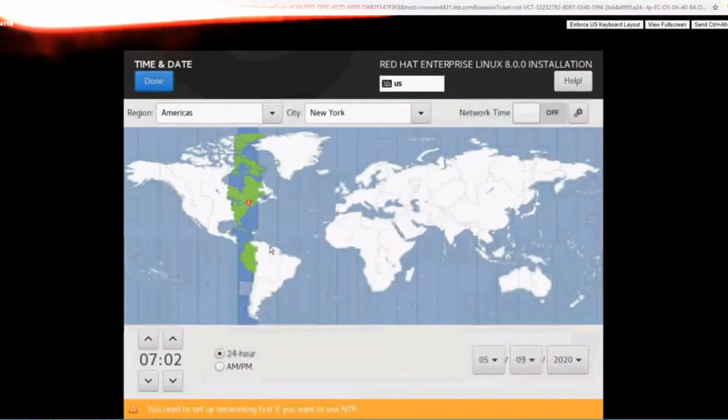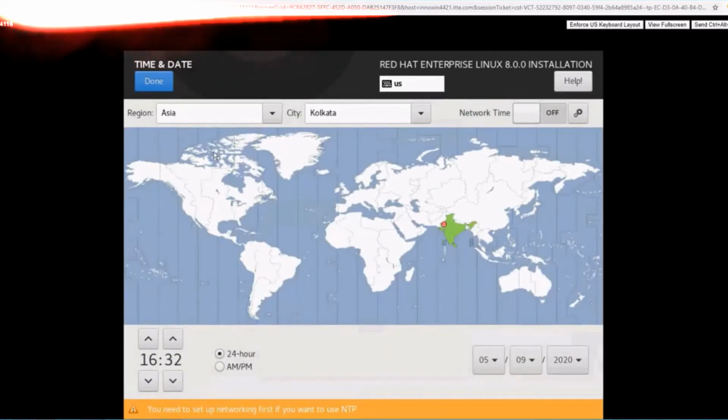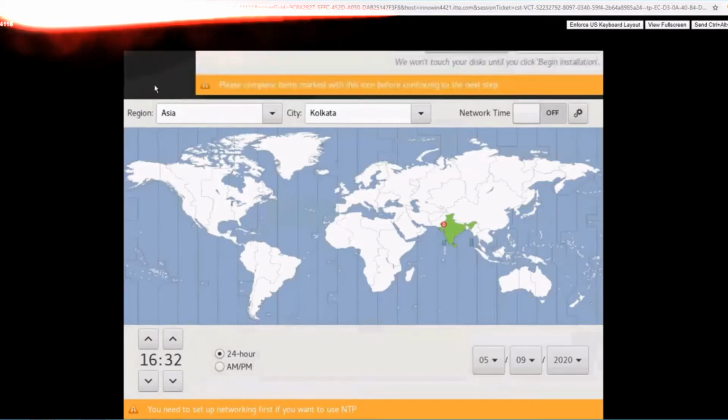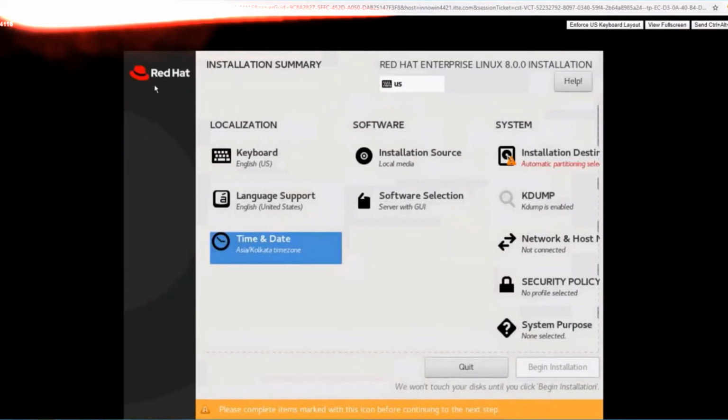This will cause application problems. I am from India, so I will click India for the time zone and check that the time is 16:32. Check it on your clock also, because a difference of maximum 30 minutes will be ignored, but more than that will cause a problem in your application.